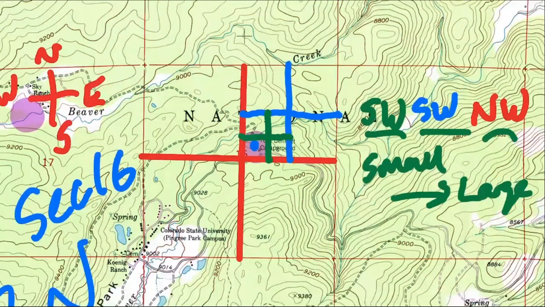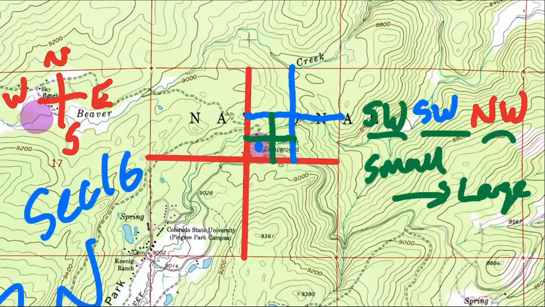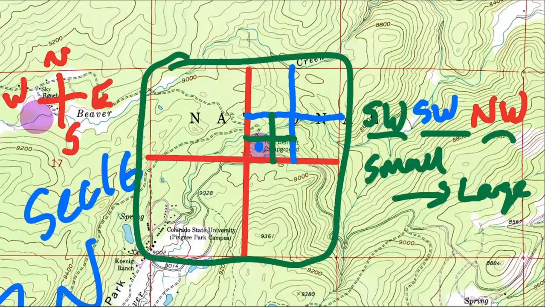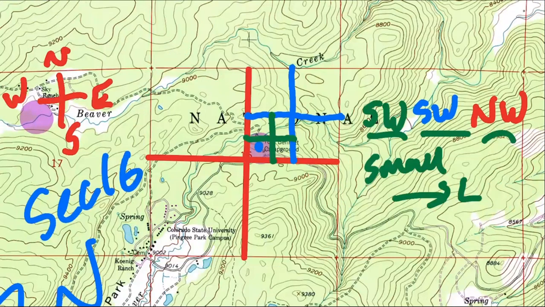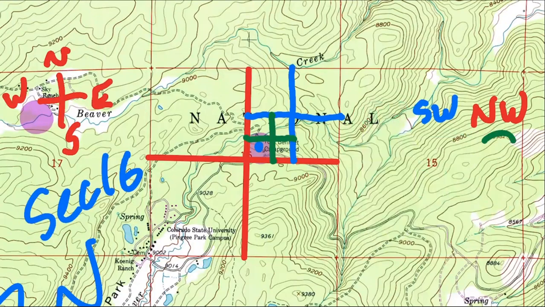And as you go even further, I'll show you in a second, the section is even bigger than all of that. And then the township and range are the largest things that we talk about on these. Okay, so I'm going to erase that. So it's southwest, southwest, northwest. So watch that. I'm going to switch over to our document